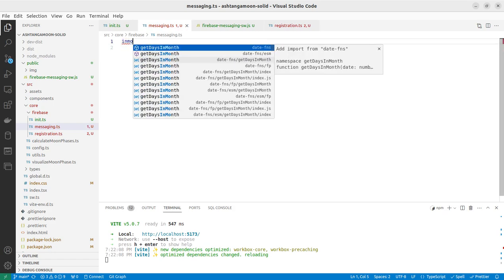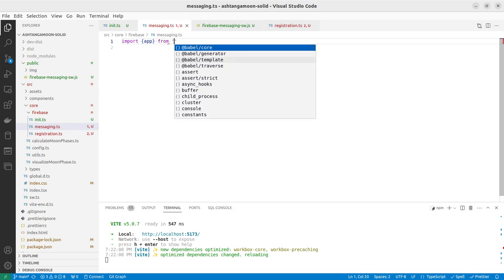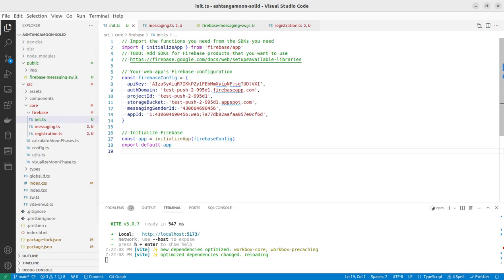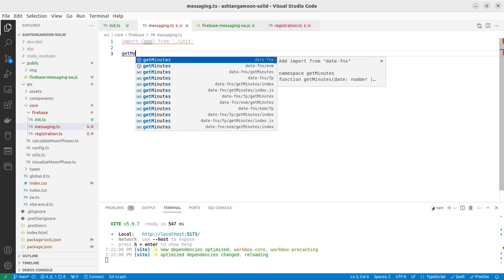Import app from init. Yep, because init actually exports the application, the initialized Firebase application with all the configuration applied. Now we need to add some more configuration for the messaging service for particular stuff, right? So get messaging,